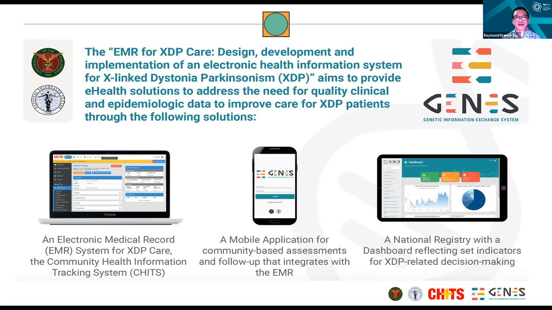What we aim to provide here are e-health solutions to address the need for quality clinical and epidemiologic data to improve the care for XDP patients through 3 different solutions. One is an electronic medical record for XDP care through our own homegrown electronic medical record system, the Community Health Information Tracking System. We also have a mobile health application for community-based assessments and follow-ups that would allow the community health advocates, normally the family members and relatives of the XDP patients, to go from street to street, from community to community, to follow up